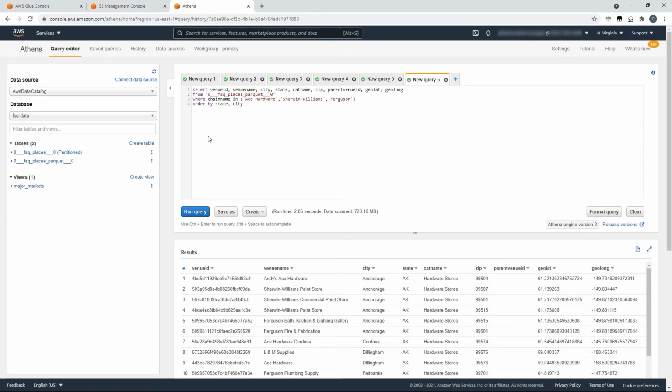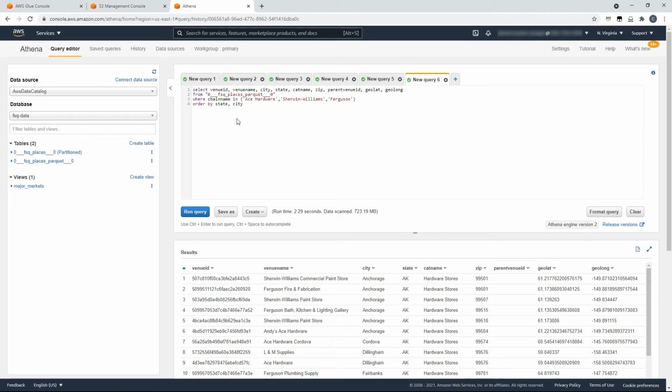And as you can see, we now have lots of information about the individual venues, from the venue name to the city, state, even the zip code and the geolocational information. And this is going to be useful for plotting them on a map and conducting analysis about where these businesses are located, in contrast to maybe areas that you wish to be located.